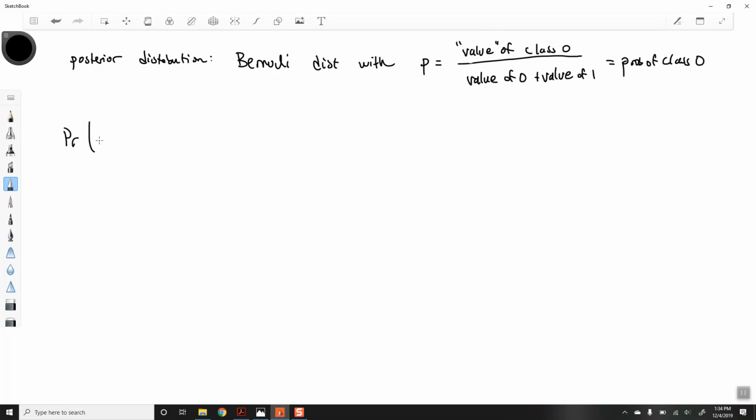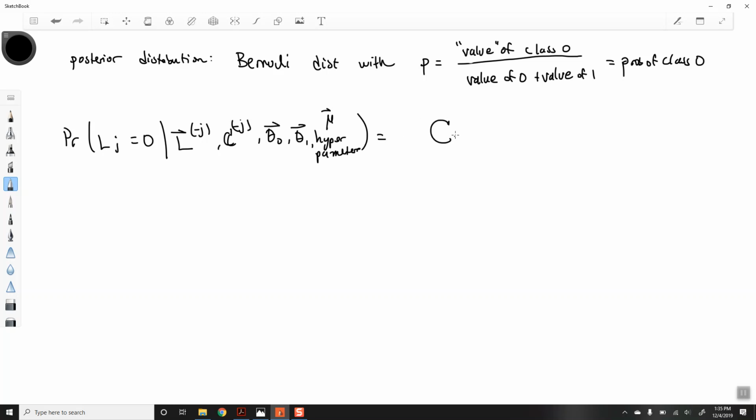So basically the probability of getting L_j equal to 0, given all of the other values and the hyperparameters, is going to be equal to how many documents are in 0 plus your pseudo counts, minus 1, divided by n plus, times the product